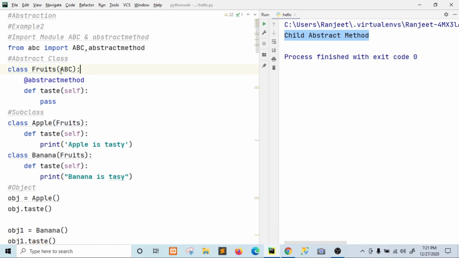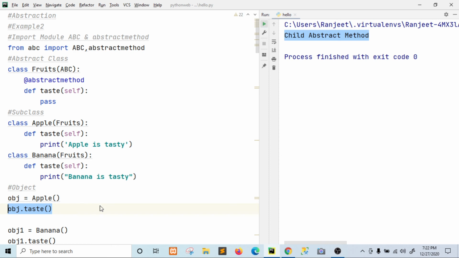So this is our abstract class Fruits and this is our method, with only the declaration. The implementation is done in the Apple and Banana classes. In Apple we inherit the Fruits property and define def taste(self), print apple is tasty, and in class Banana we inherit Fruits and define the taste implementation, banana is tasty. Now we create separate objects for Apple and Banana and access the method taste.